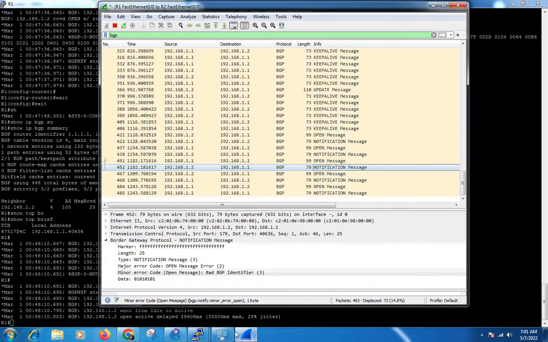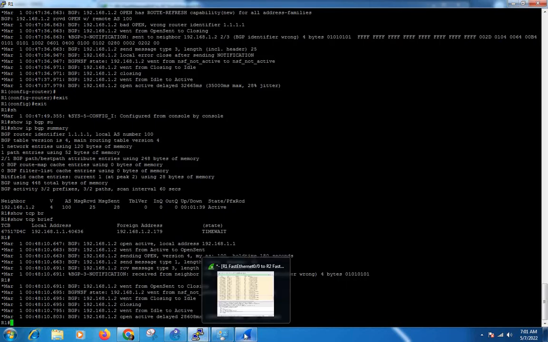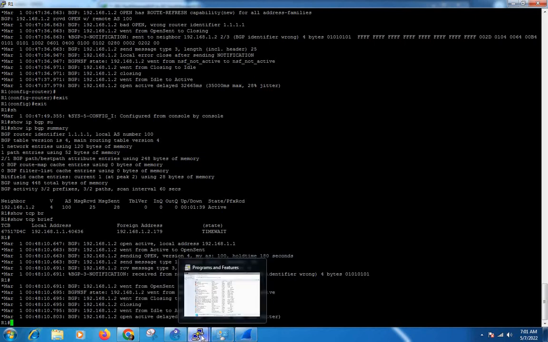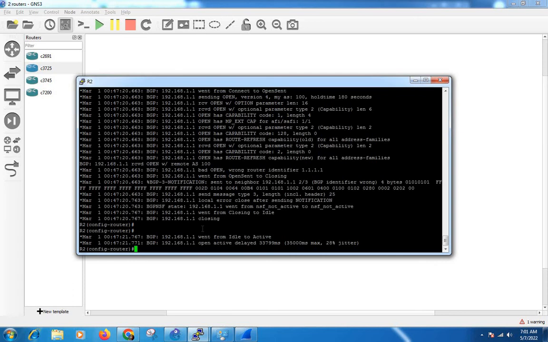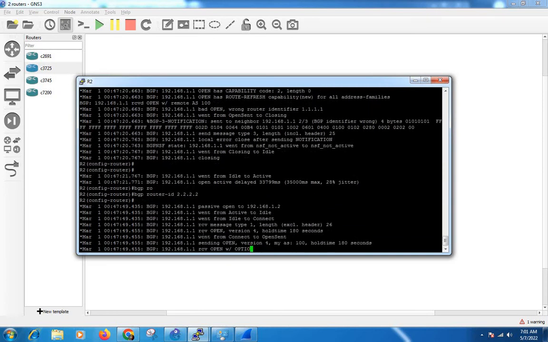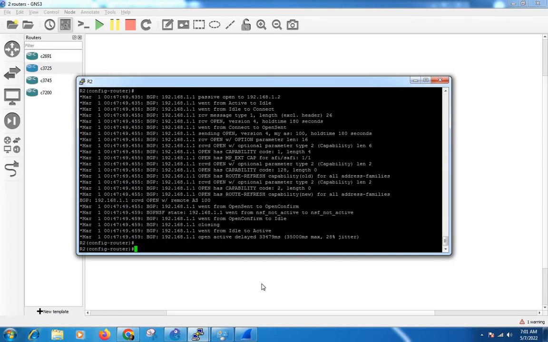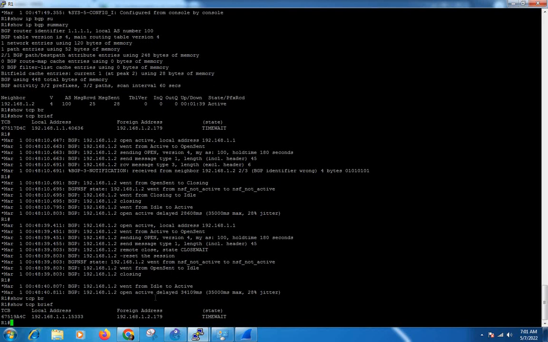Okay, we will change the router ID at R2. BGP router ID 2.2.2.2. Now we'll see what happened. Show TCP brief, it is also clear.